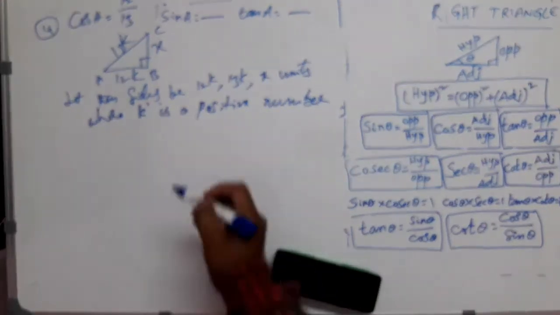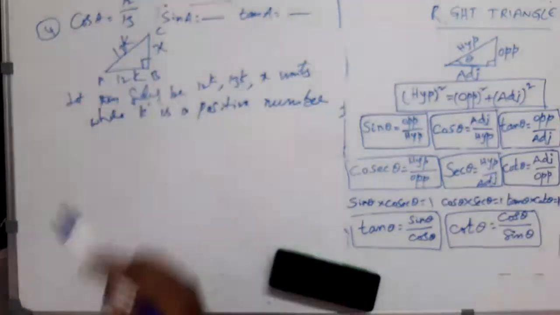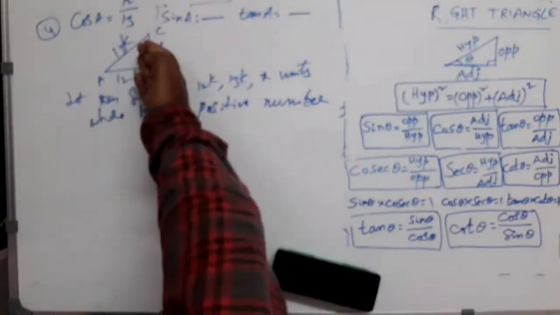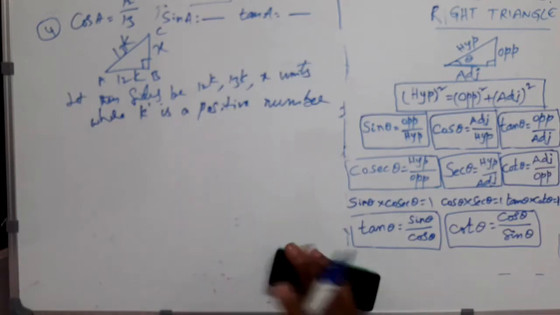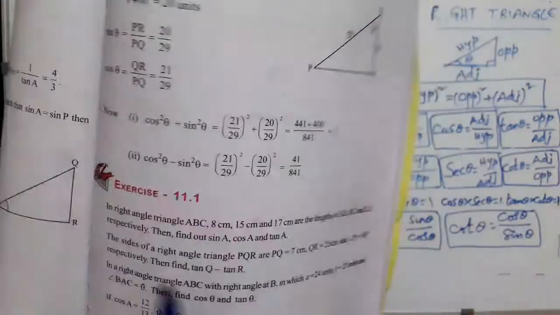Of course, here these two sides are now known. This is 12k units, 13k units. The other side is x, we have supposed, and let us find the value of the other side. See, you be careful in the first 3 questions. Observe the difference.